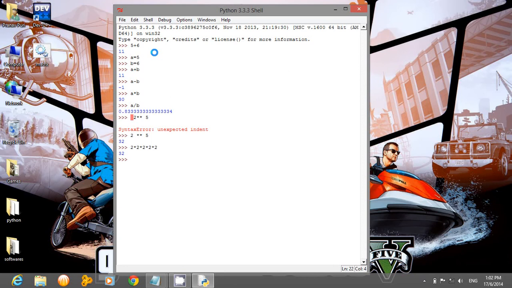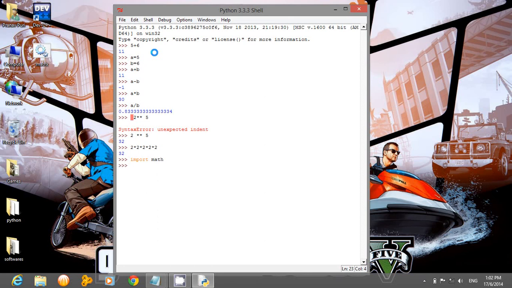If you want to carry out basic trigonometric functions, you have to use a module known as math, and you have to first import it in order to use it. The syntax for importing a module is: import is the keyword, then the module name math.